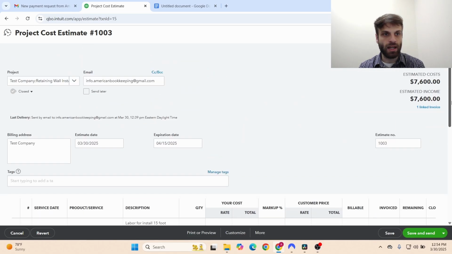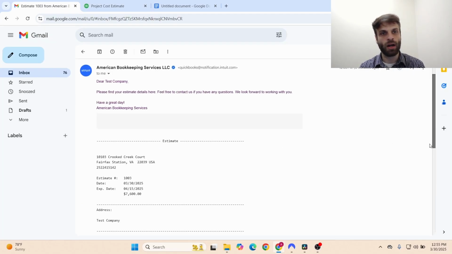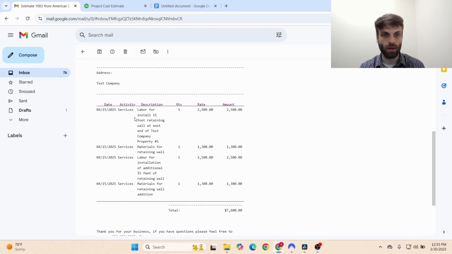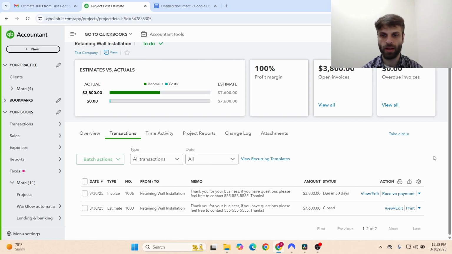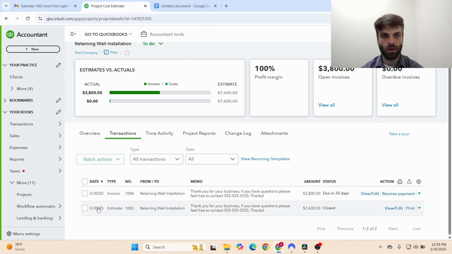We'll click save and send. It's linked to others, that's okay. So this is what our client will see for the new additional work that was added. So they'll basically see the original estimate, but it will include not only 2 but 4 line items. So any additional line items that we added will show up here. Okay, so once we have added our change order, we can come over here to the original estimate